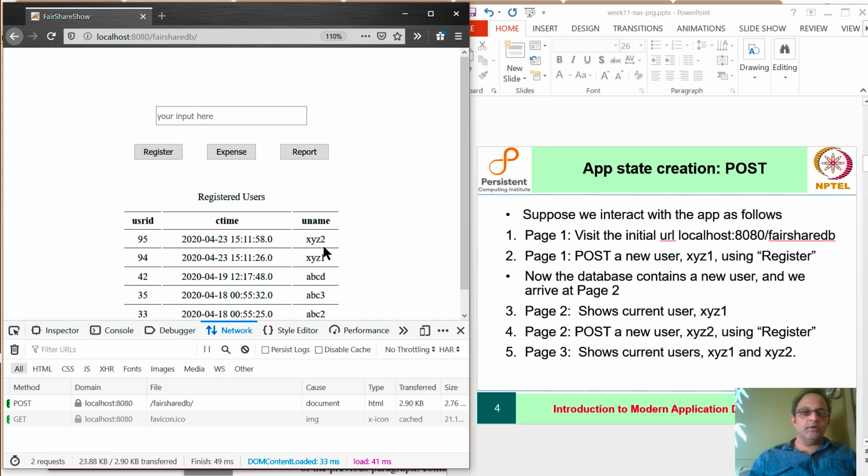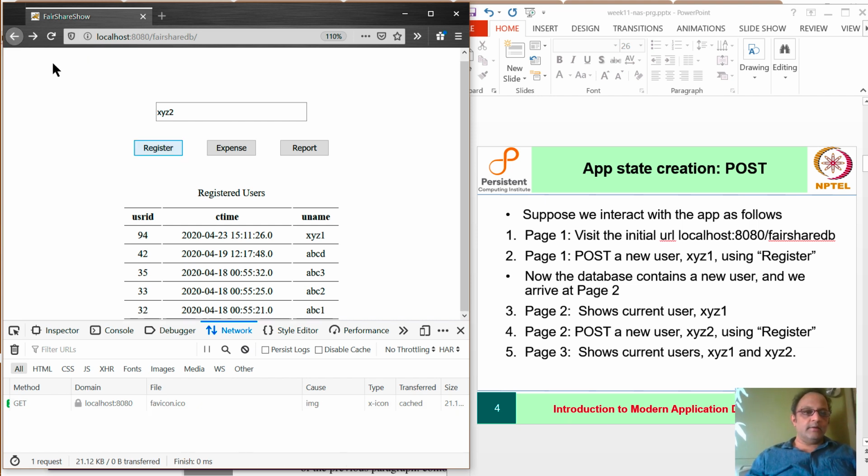So we see the current users. All in all, we have several pages here. So if we go back, you will see the old page. Remember, the database is now different. It actually has 2 users, but this page was never updated to that